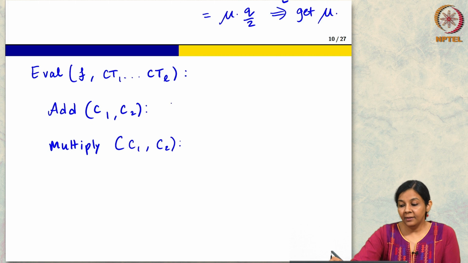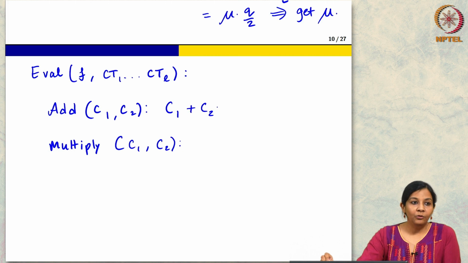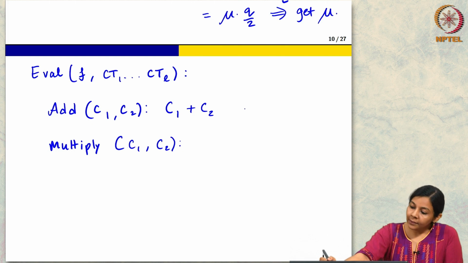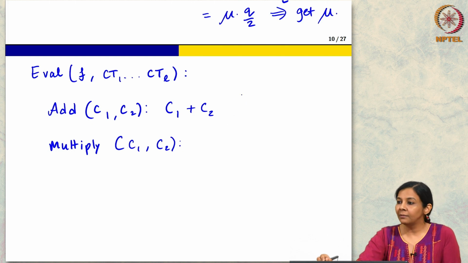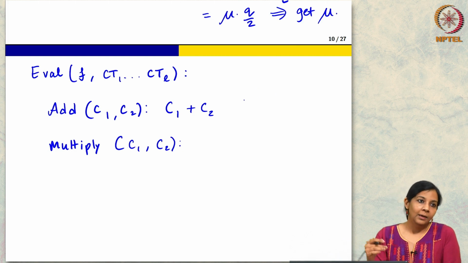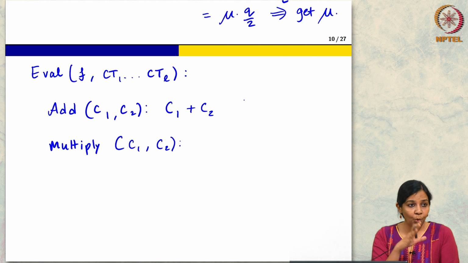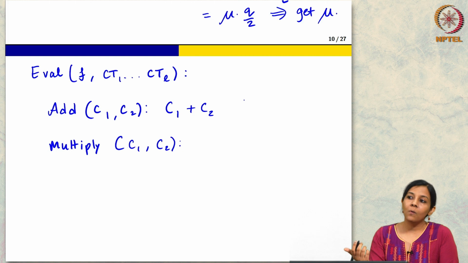Okay. So, addition is actually amazingly simple. It is just literally add, and it is also very easy to see why this works. By the way, I should mention that supporting only addition is actually very easy. You could do it even in a lot of other schemes. Like we saw the El-Gamal encryption scheme, you can check that it will also satisfy one direction of homomorphism. Here we support both directions, both addition and multiplication. That is what is meant by fully homomorphic. That is what was very challenging to achieve.